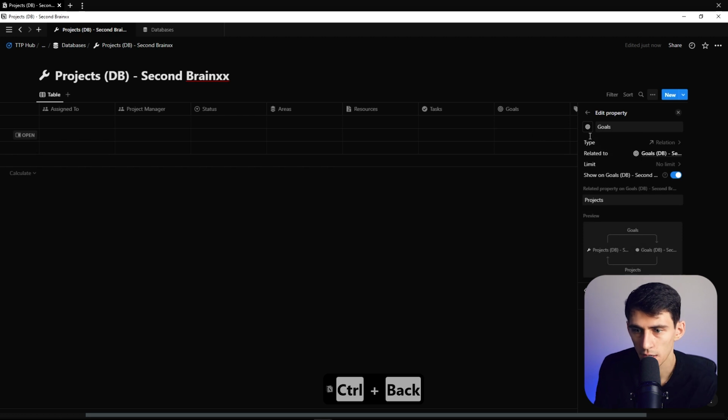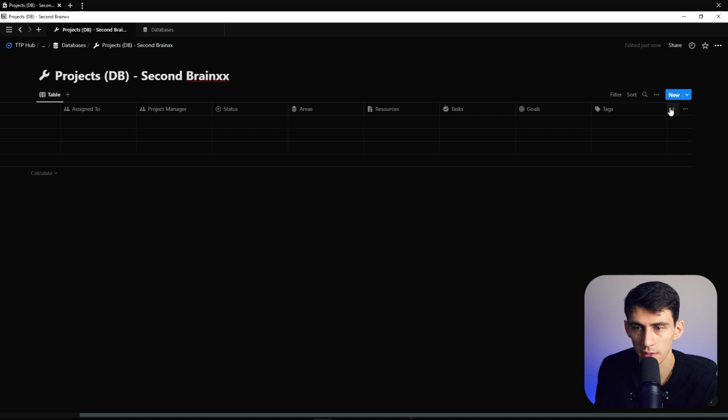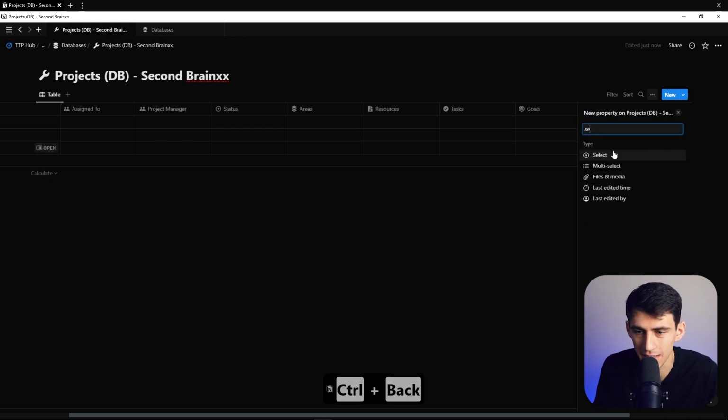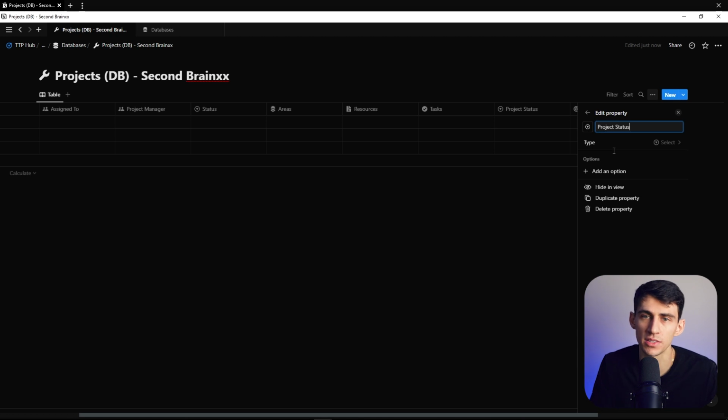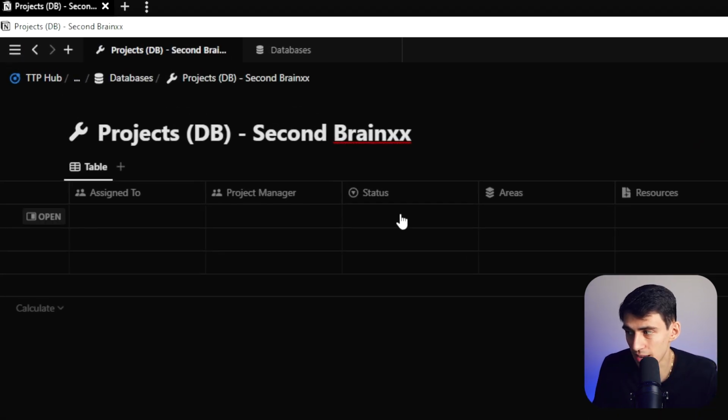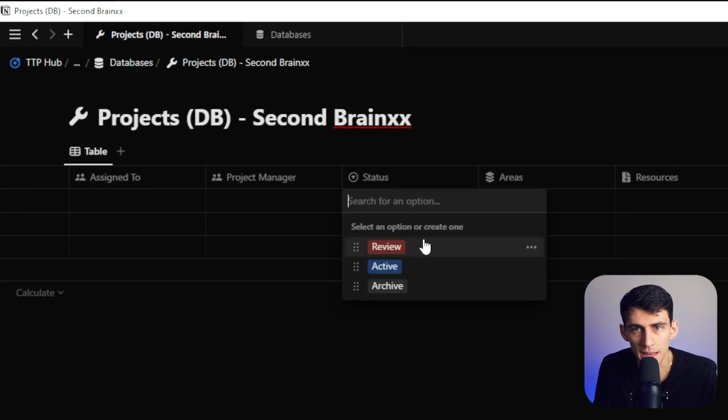Exactly, perfect. Now there's only two more properties that we need to make. So one is gonna be a select property that is called project status. The difference between this and the other status property, which is the same exact thing for all the other databases, is just to have it showcase on different parts of our system. So we're gonna have dashboard views, we're gonna have a specific page for projects, and this will allow us